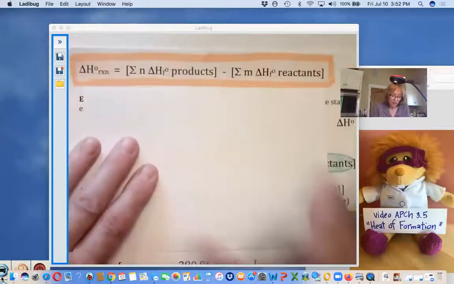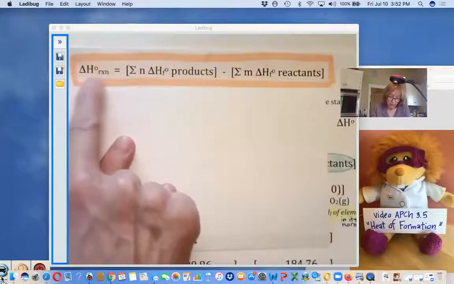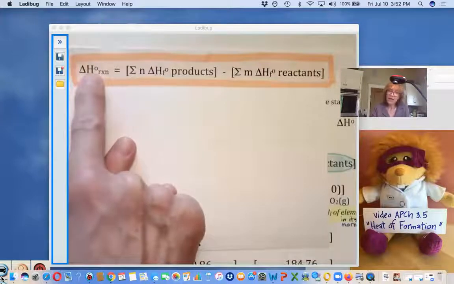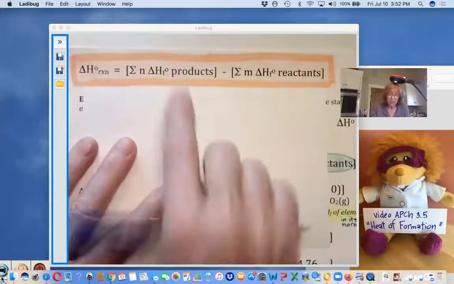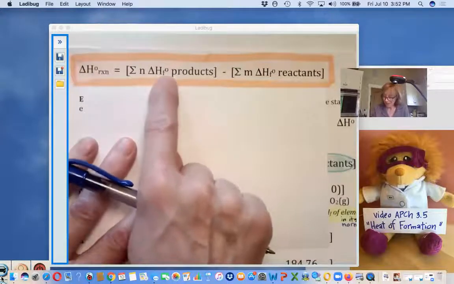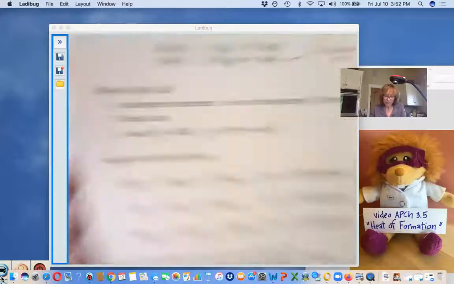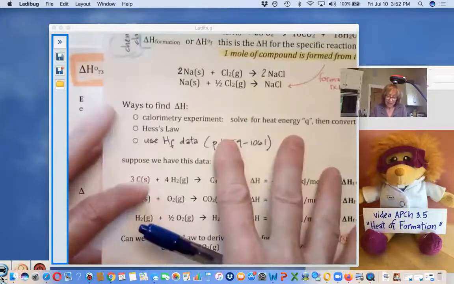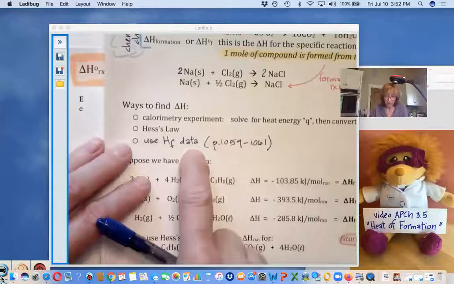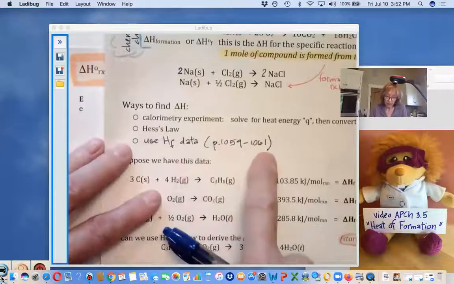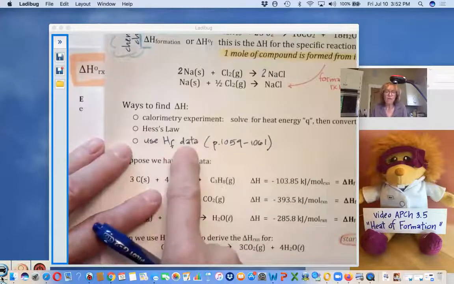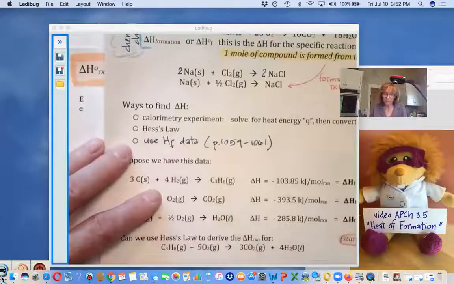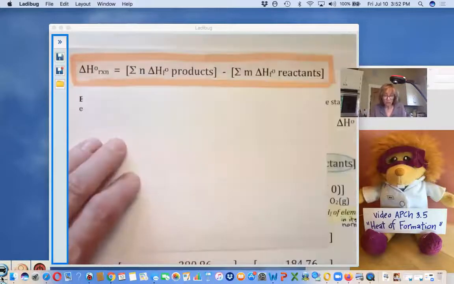If I want to calculate the heat of reaction for any kind of reaction, I can do it using heat of formation data. And guys, heat of formation data is tabulated in reference books. In your textbook, on these pages, you have all the heats of formations of many, many, many common substances that we come across in chemistry. So this equation